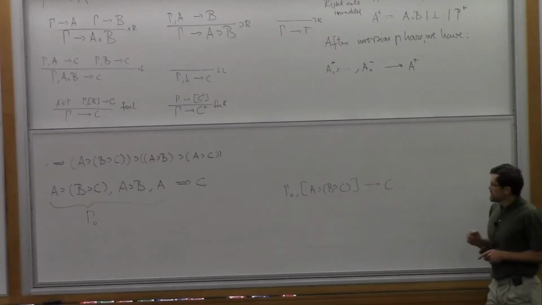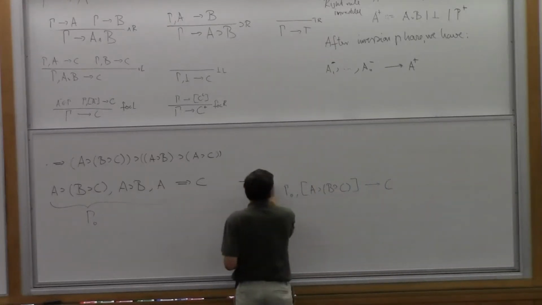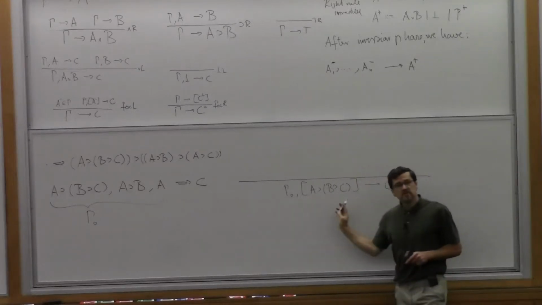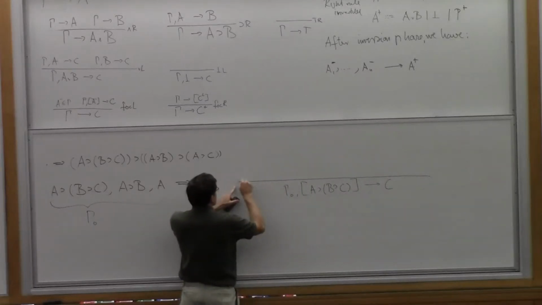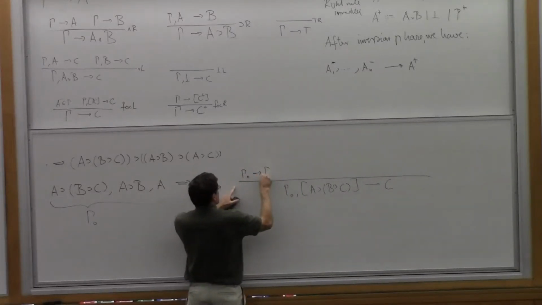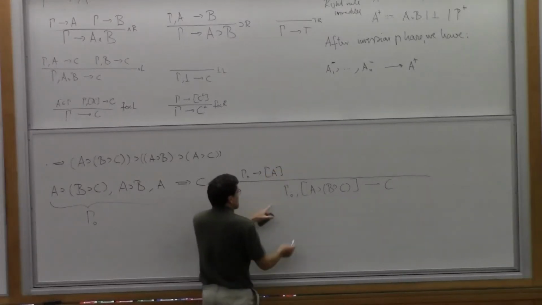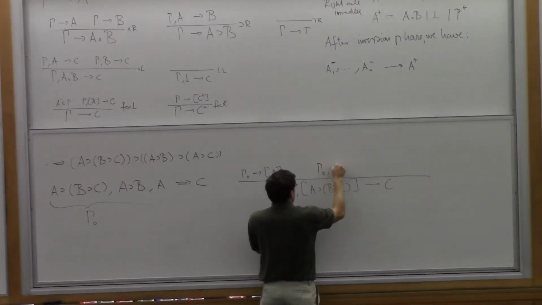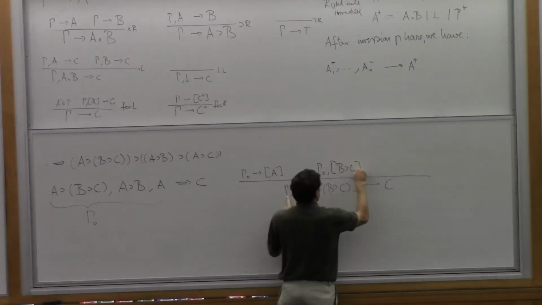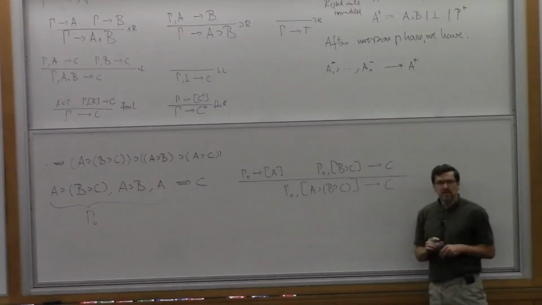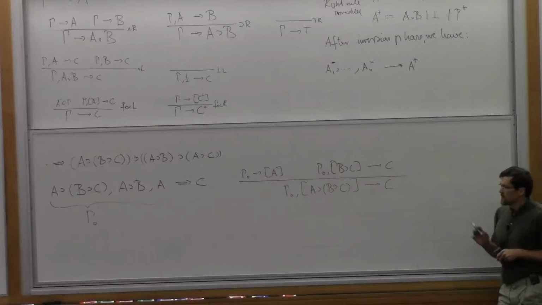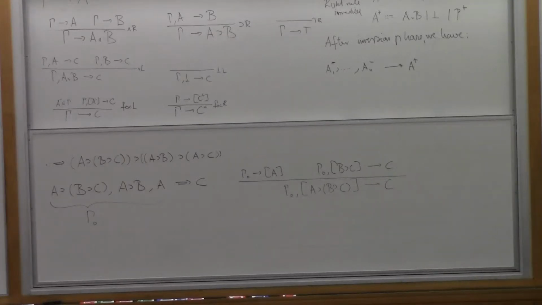All right, so now what is the left rule? Well, the left rule is just the ordinary left rule, except it's restricted to apply only to something in focus. That's the big restriction. So what does the left rule say? It says that from gamma 0, we have to be able to prove A in focus. And the second part is from gamma 0, and now B implies C in focus, we have to prove C. So that's an application of the implication left rule. Now there's a small change from the previous left rule for implication. Anybody see what that is? If you forget about the brackets, it's not quite the same as the rule we had before.